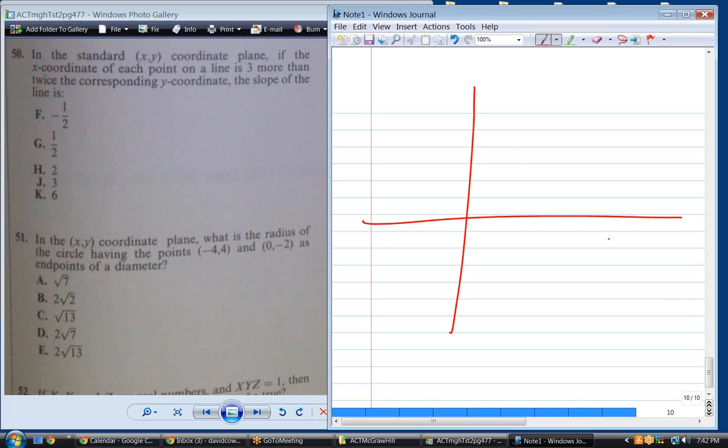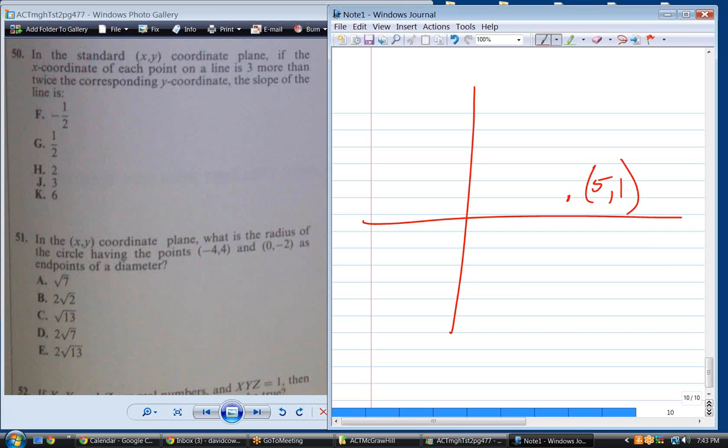Well, let's draw one. So let's see. If the x-coordinate of each point on the line is 3 more than twice the corresponding y-coordinate. So if the y-coordinate was 1, then the x-coordinate has to be what? 5. So here's a point, 5, 1,